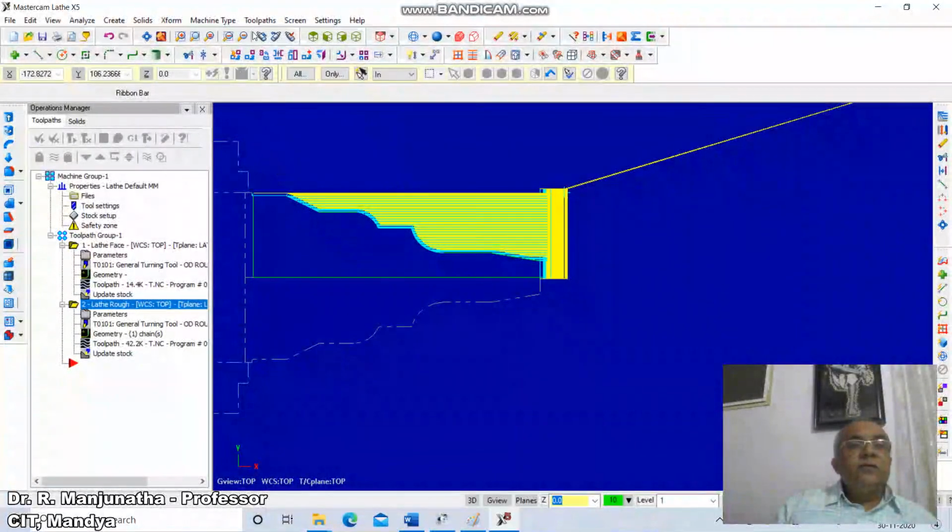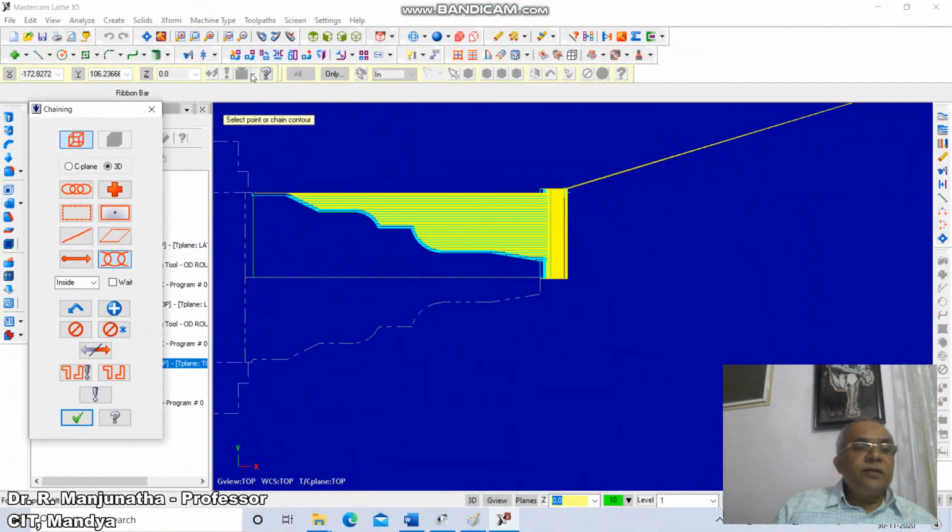Once you get this, now we'll go for the finishing operation. Click on partial, click on weight.